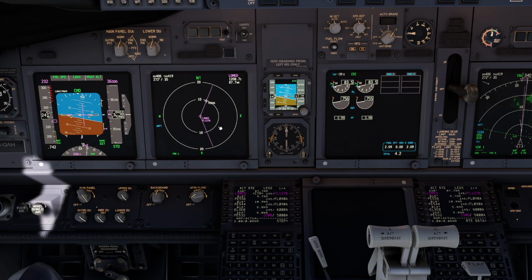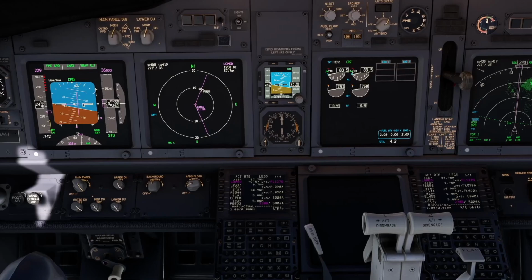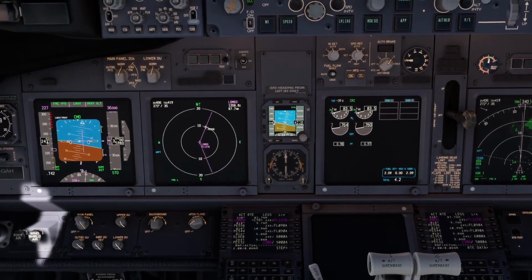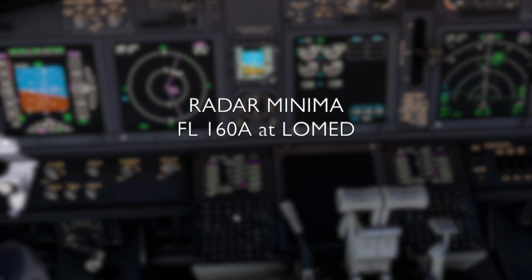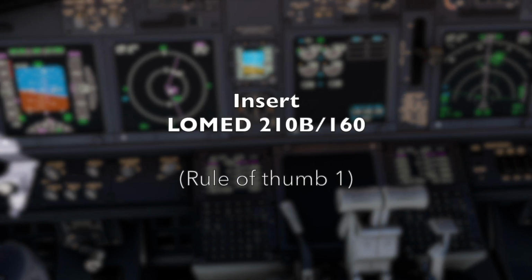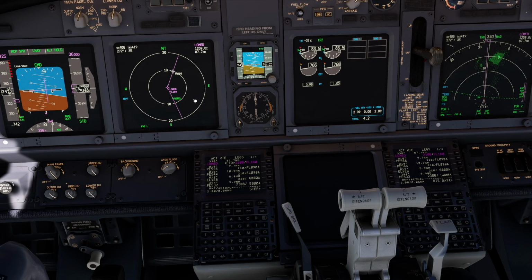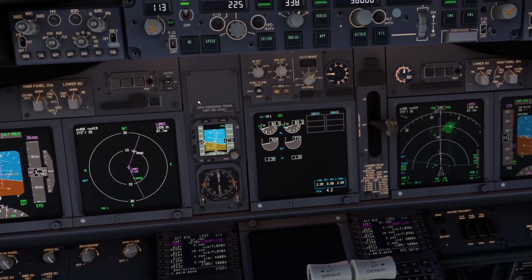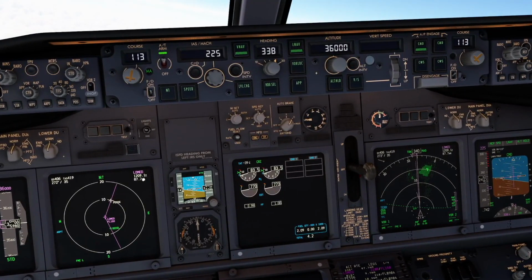In Bologna, we know that the altitude restriction is at level 160. This is what ATC will expect us to fly. If we only put this, we already checked that we're going to be high. So what we will do is also put a speed restriction over LOMED, 210 knots or below, in order to have the energy later on to use it and descend and recover the path, basically. So now I'll resume the simulation,